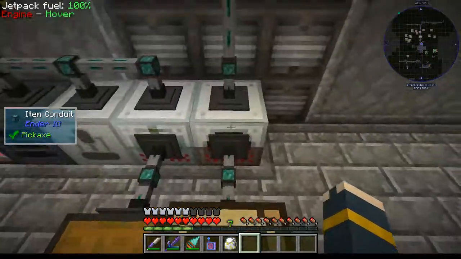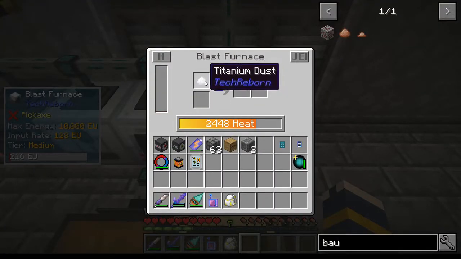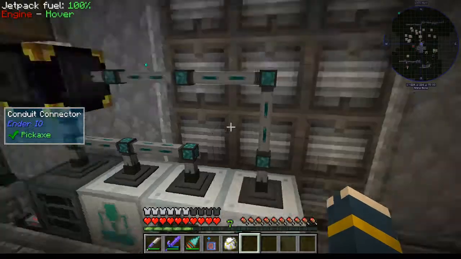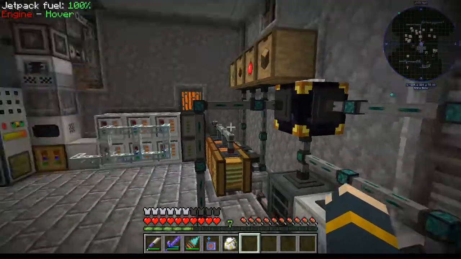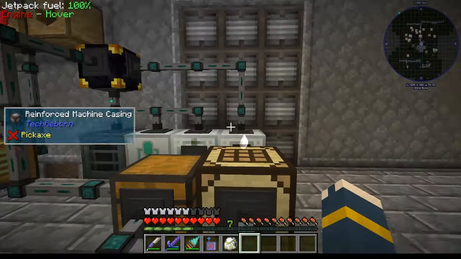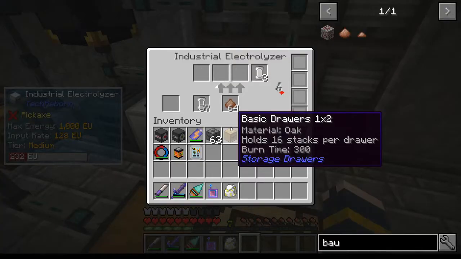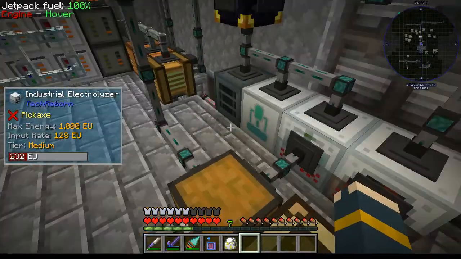And then the titanium dust gets sucked into the blast furnace, as you can see right now it's going. And that gets cooked up and then extracted out the top back into the ender chest that goes into the ME system. This is super slow. I mean, it is super duper slow. The only way I think I could speed this up...